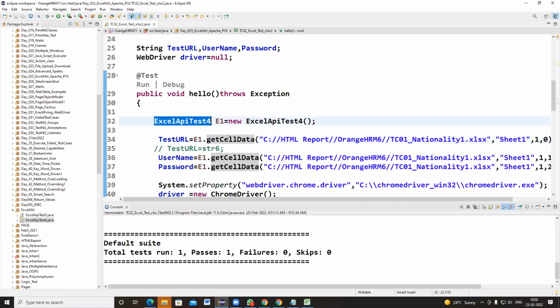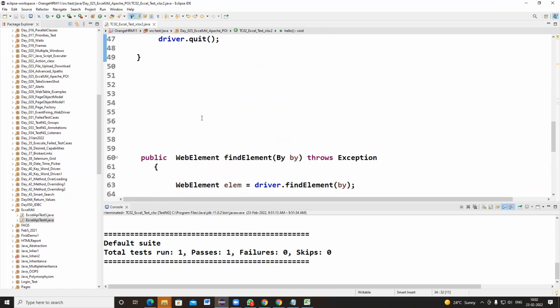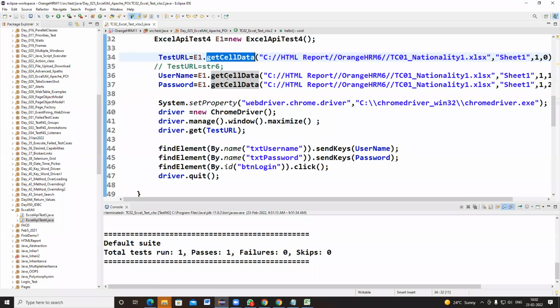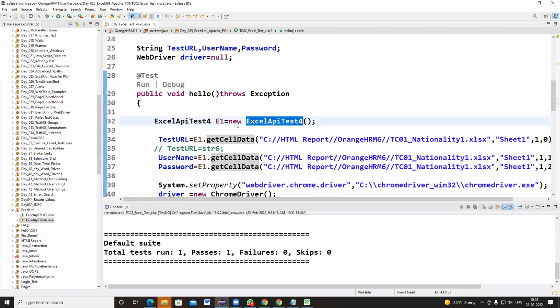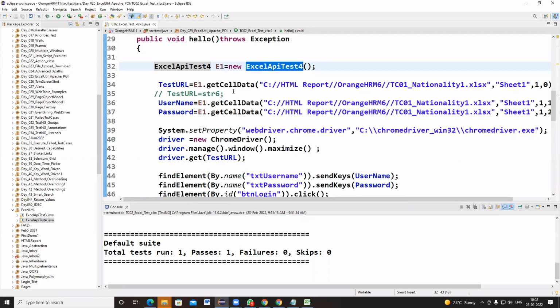Under Excel API test4, this method was implemented. So instead of implementing this method in the current class, I have implemented the get cell data method in the Excel API test4 class. Let me check that the same code is available. I'm pressing the Control button and clicking on the get cell data method here.